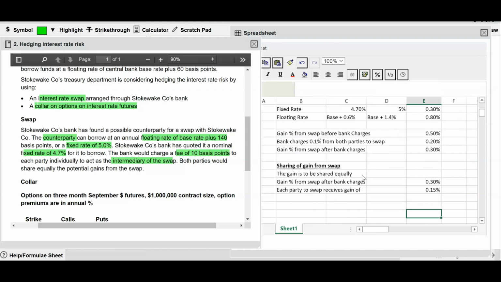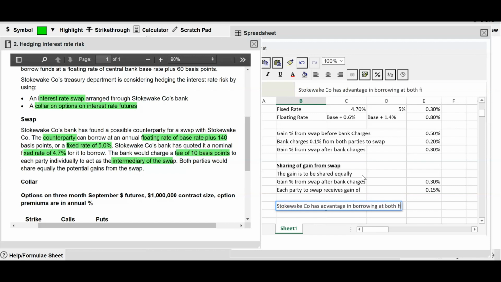0.15 percentage. Now what you need to understand is that Stockwake has the advantage in borrowing both fixed and floating. Both fixed and floating is cheaper, but which one has got the bigger difference? 0.8 is where it's for the floating. Now who gets floating cheaper? Stockwake gets it cheaper. So Stockwake has an advantage in the floating rate. There's a larger difference. So the Stockwake company has advantage in borrowing at both fixed and floating